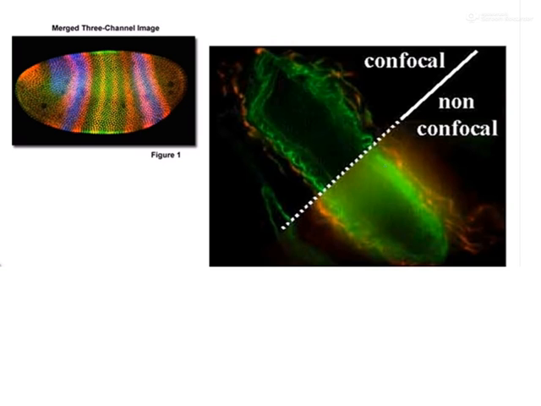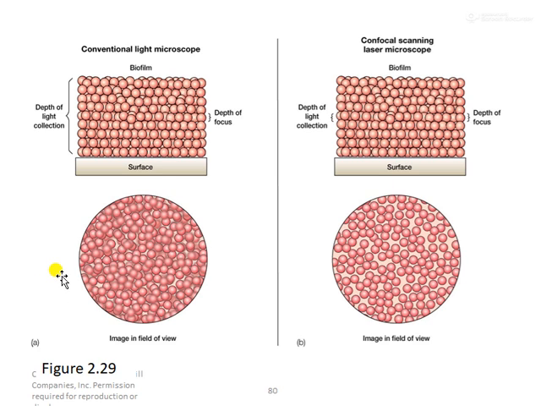Now, if you look into this picture, you can see that this is a non-confocal image and this is a confocal image. So a 3D appearance is possible when it comes to a confocal image. And how is this made possible? Let's go to one more figure so it becomes clearer to you. Now, if you look at this figure,